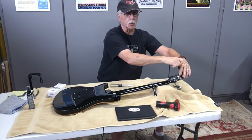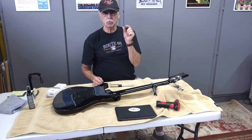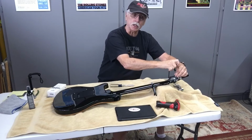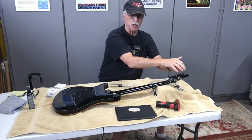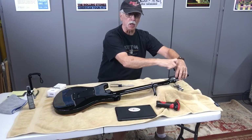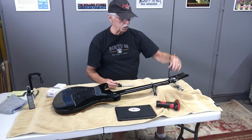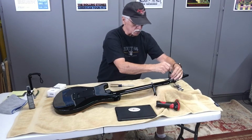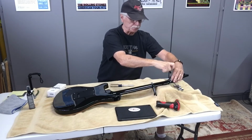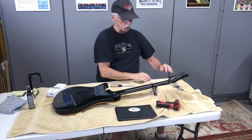I also ordered, or my wife did for me, a set of real ebony tuning knobs that go on these tuners. I think that'll give it a nice look. Usually when I've done that, I find that the chrome tuning knobs, when you take them off the tuners, weigh a couple of ounces, and the ebony ones weigh about half an ounce. I know that sounds crazy, but it gives you a lot more balance and a little less neck dive when you lighten those up a little bit. So we'll see how that works out. Those haven't come in yet. They should be just a simple installation. Okay, so now we've got